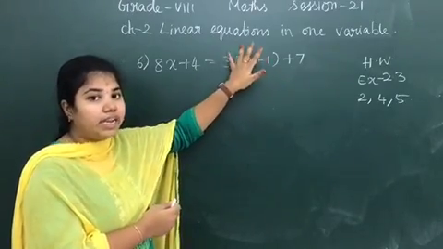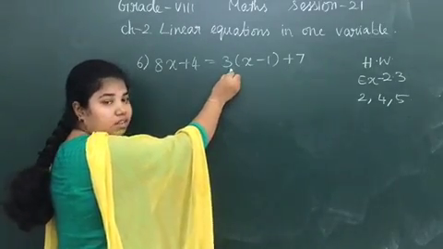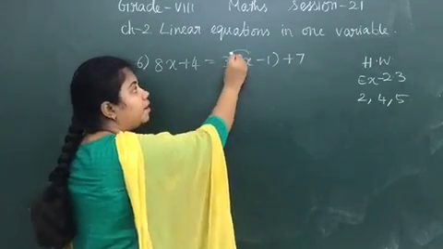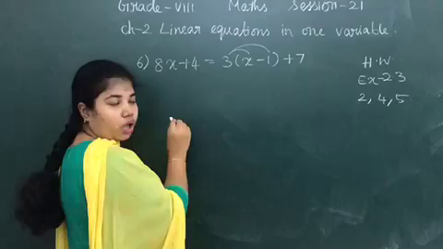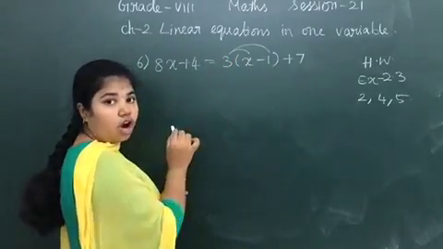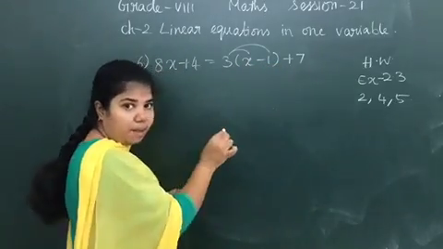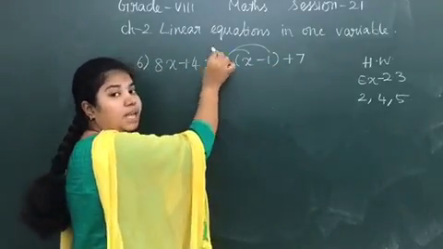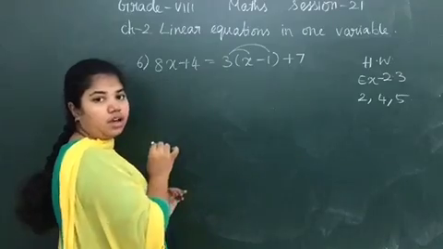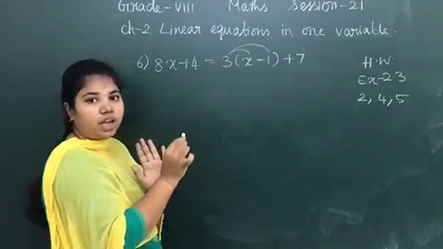If this bracket occurs, what you have to do is, the number outside the bracket is there, no? You have to multiply the number to both the terms. Okay? 3 into x as well as 3 into minus 1, or 3 into 1. Even if you have several numbers inside the bracket, you have to multiply each number with 3. Okay, that is the meaning of 3 into bracket inside terms. Okay, that is the meaning.